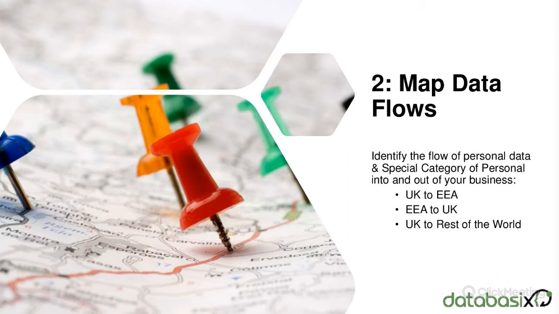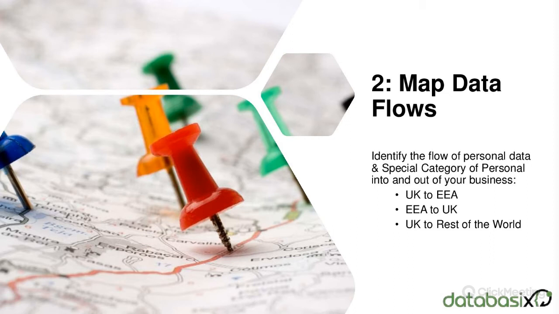Now, this step 2 may be something that you've also done, but I would ask you to revisit this. So map your data flows. Where does data come into and out of your business at this moment in time? And think of the flow of data, both from a personal data perspective, and personal data is anything that identifies us, including photos, IP addresses, device ID, and that of special categories of data, which is health information, race, ethnicity, biometric information, for